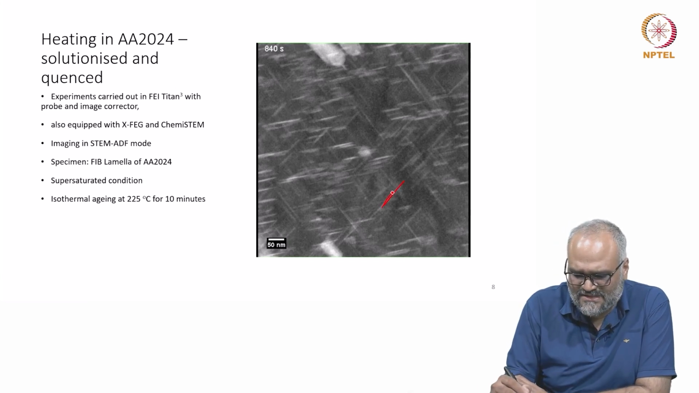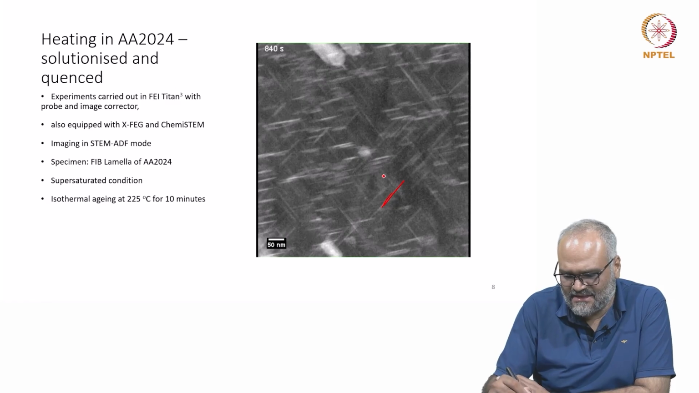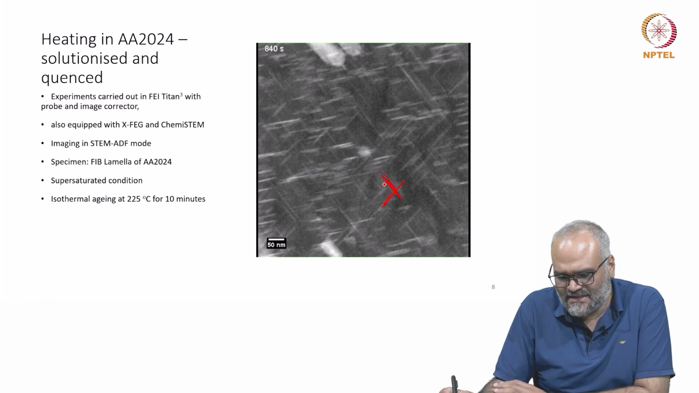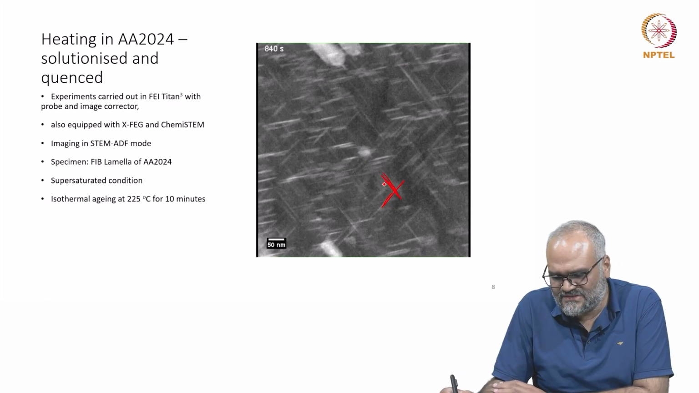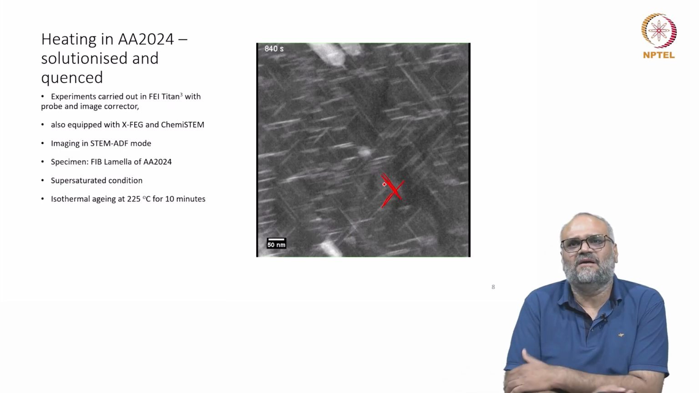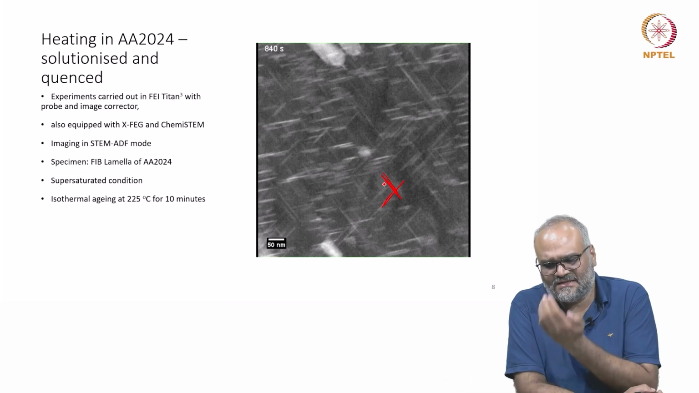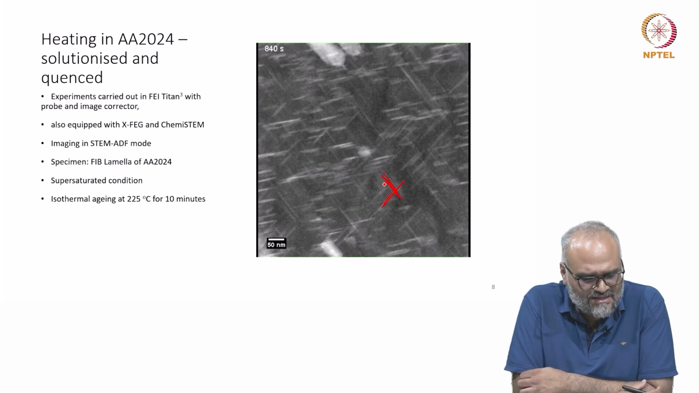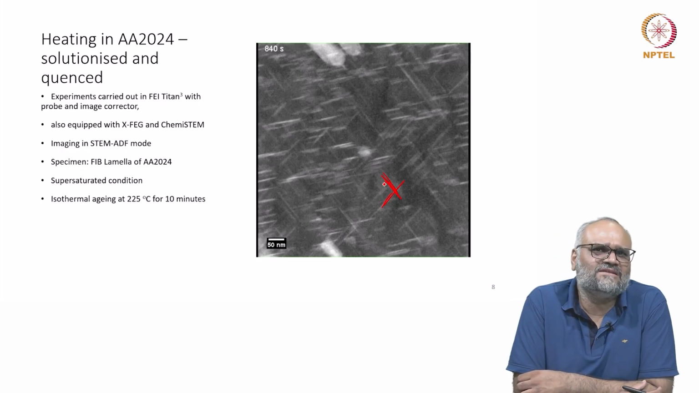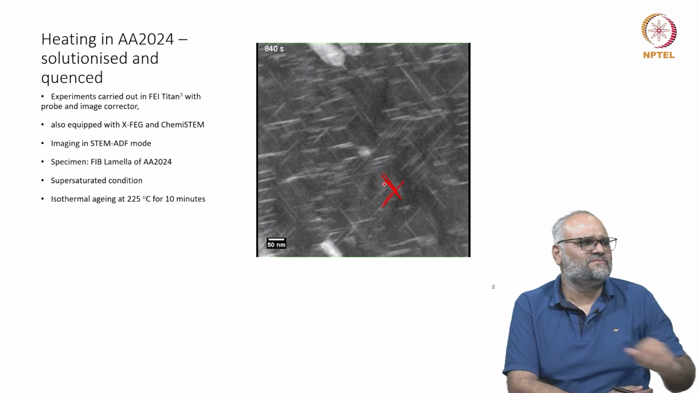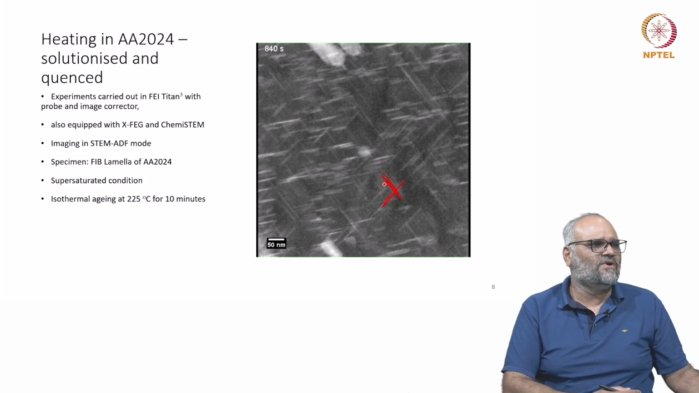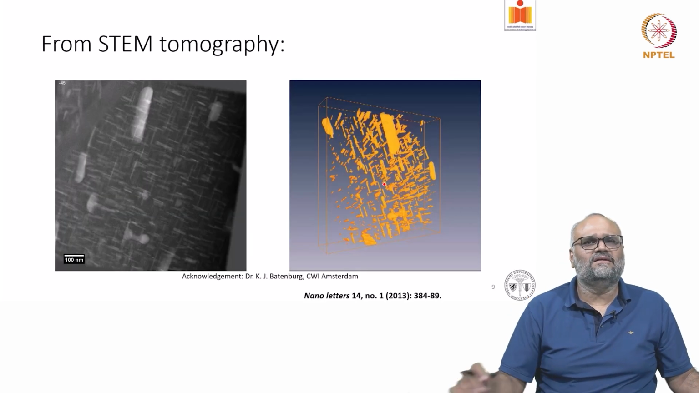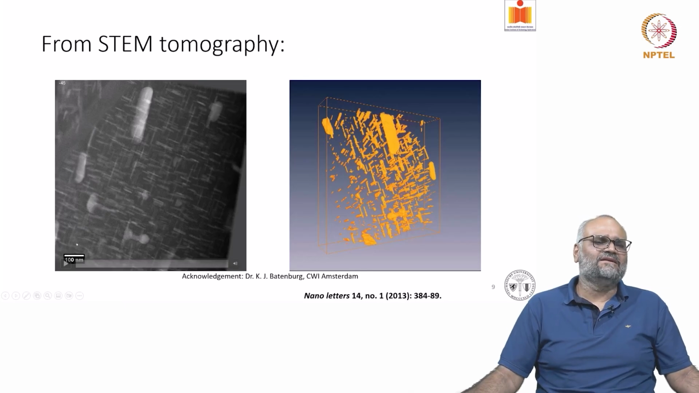There is one family of precipitates oriented in this direction, and one family in this direction, and there is a third family which you do not see, but it is coming out of the plane here. And when you hold it isothermally at 225 for 10 minutes, this kind of treatment is called aging of aluminum alloys, and you see the growth of these precipitates. So if I follow the heat treatment cycle